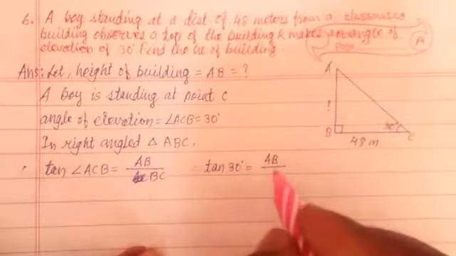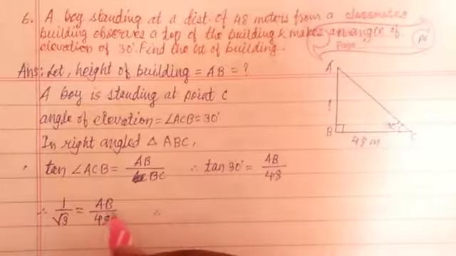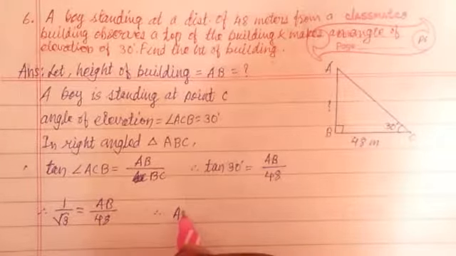BC is 48. Now we know the value of tan 30 is 1 upon root 3, which is equal to AB upon 48, and hence AB is equal to